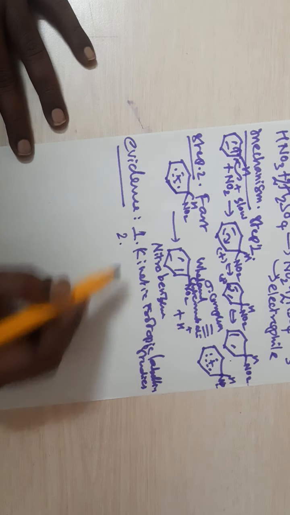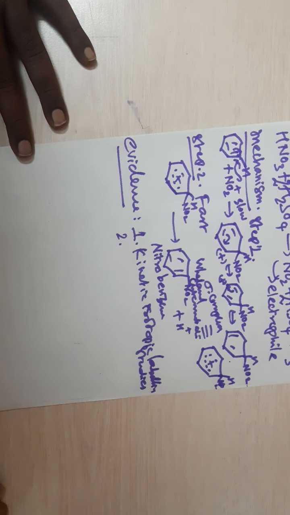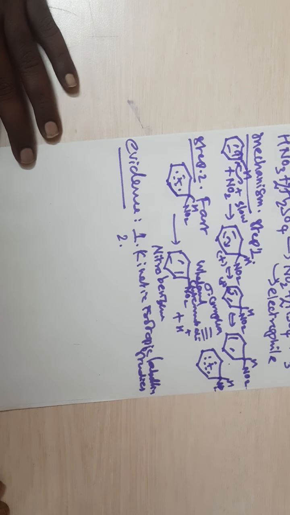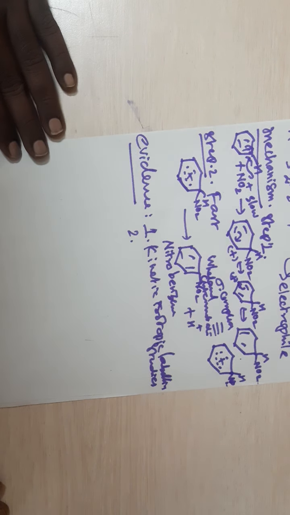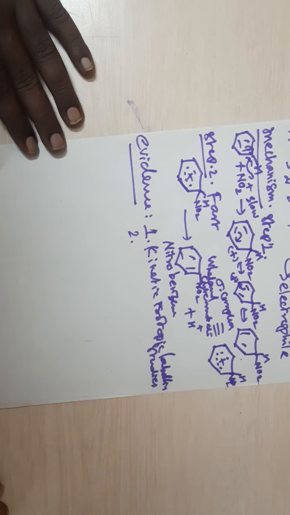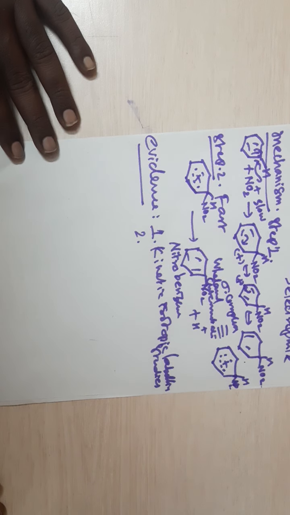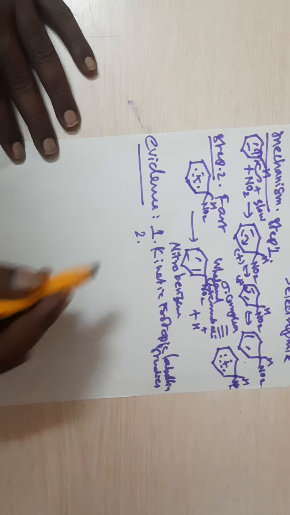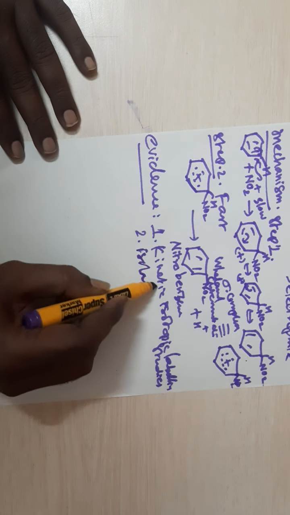And the second one is the isolation of the intermediate. The intermediate sigma complex or valence intermediate can be isolated. From the NMR spectroscopy or from the structural studies, you can say that the sigma complex or valence intermediate is obtained as an intermediate in the aromatic electrophilic substitution. In nitration also, you can confirm the presence of nitro group in the intermediate, in which there is a sigma bond between carbon and a nitro group. So, isolation of the intermediate.